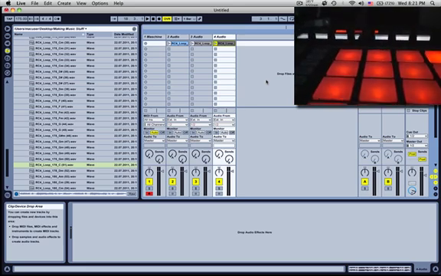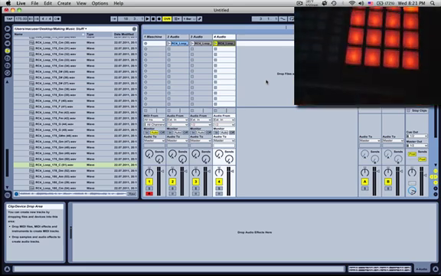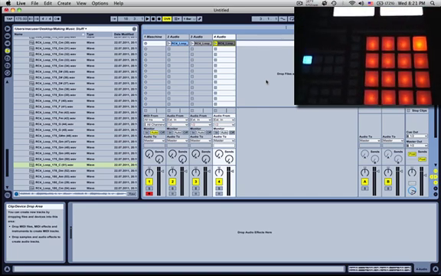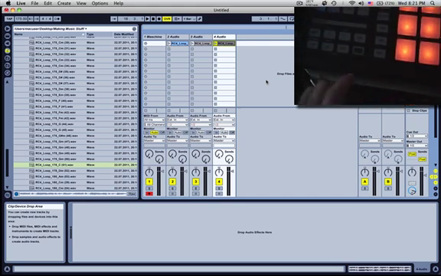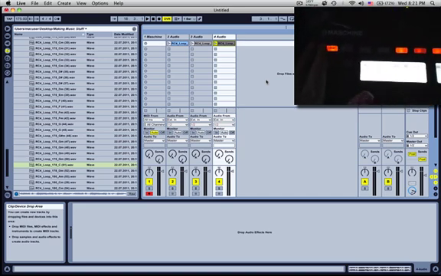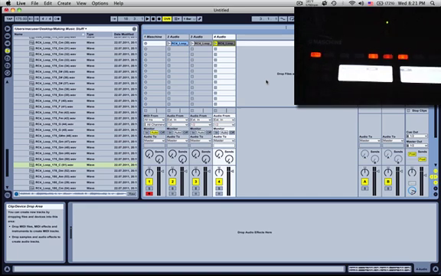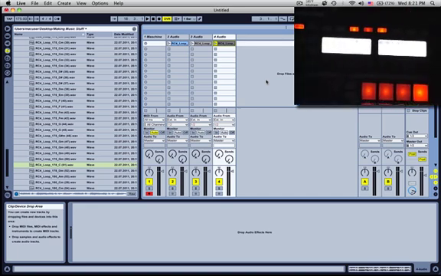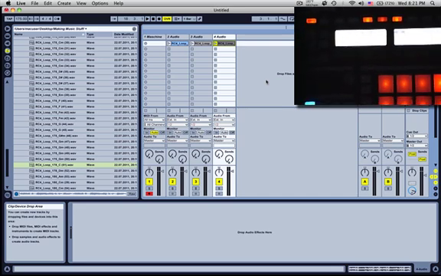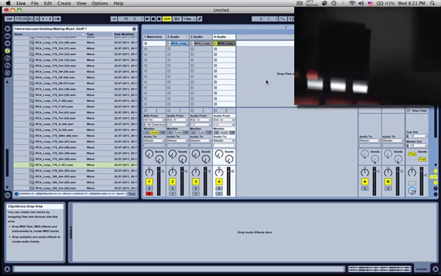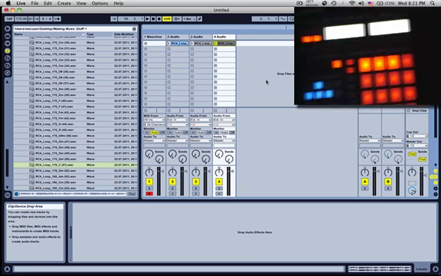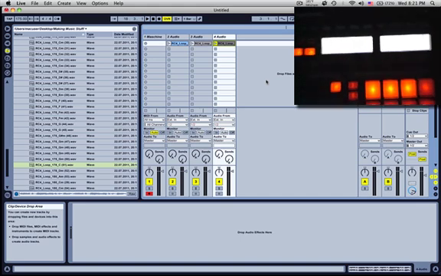So the next thing you want to do is over on Maschine, and I won't be able to do this because I'm holding the camera with one hand, but you want to hold down the shift button, and then hold down the control button, which is in the upper left hand corner. Sorry if this is a little dark, so I apologize. Let me put down the camera so I can go ahead and hit shift control. Now, you'll see a whole bunch of other things light up,